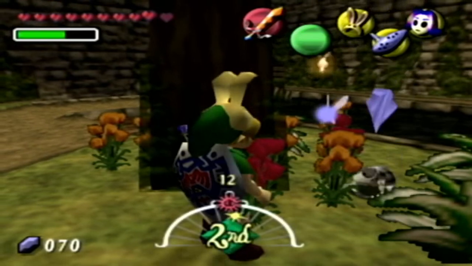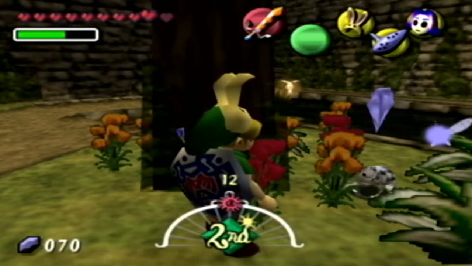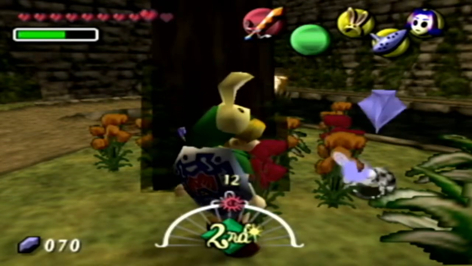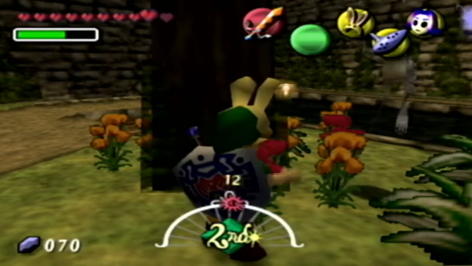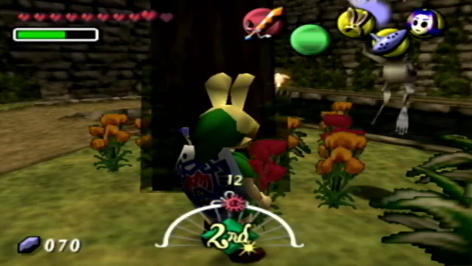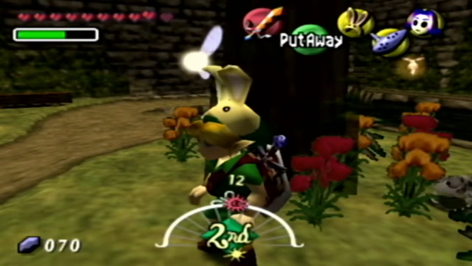Yeah, so there's those 2 masks, then there's the Don Gero's, then there's the Keaton, Couples, Postman's hat. Postman's hat, and then the 2 spider houses. Okay. This is a long time waiting, but...